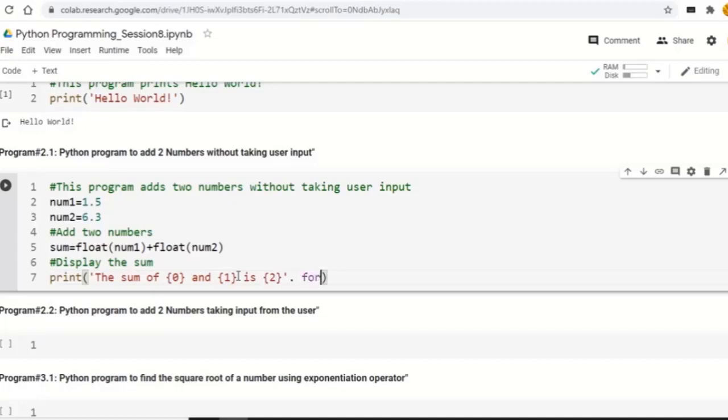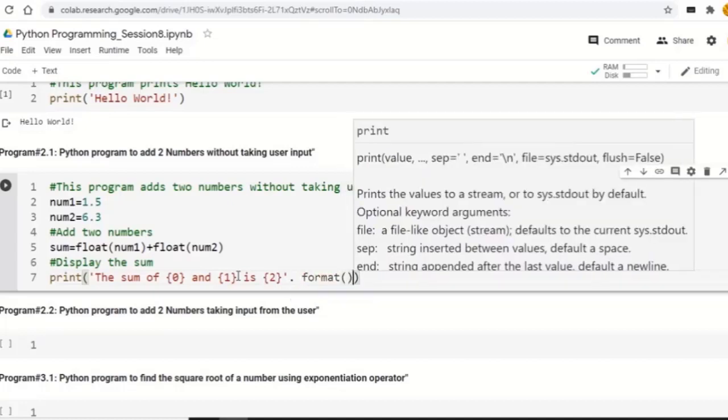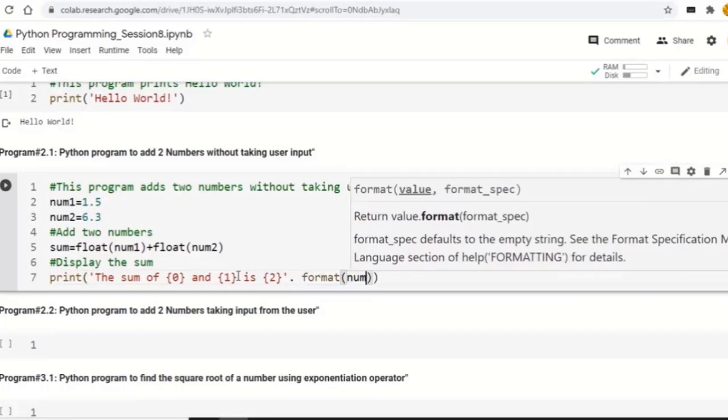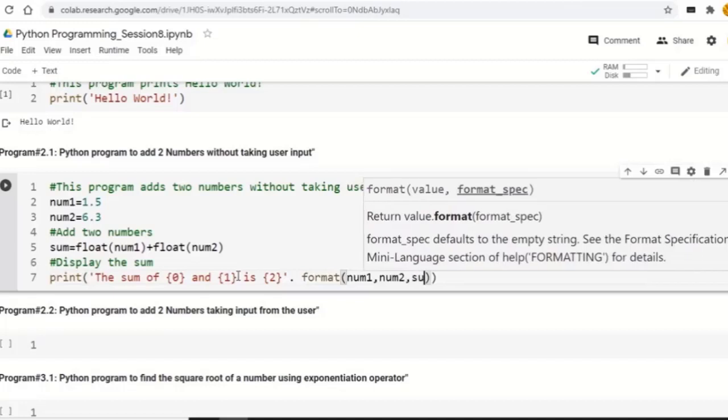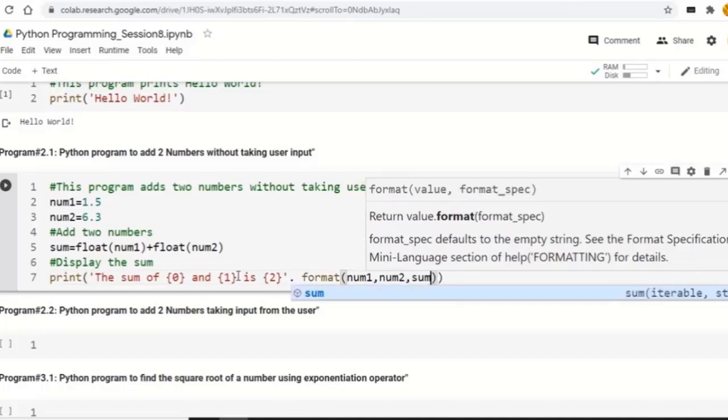Okay, so inside format we are going to pass arguments num1, num2 and sum, so that the values will be substituted in the placeholders. Now format function, I've already told you that it is used for formatting the output. So let's execute this program and see how it works.